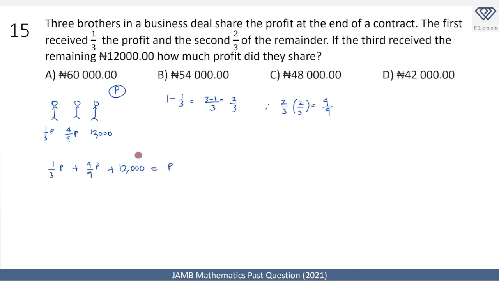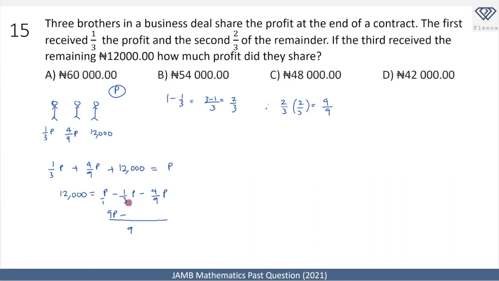So now we can collect like terms by bringing all of this to the other side. So we have 12,000 will be equal to p minus 1/3p, then minus 4/9p. Now this is like having p over 1. We can write out the LCM of this. The LCM of 1, 3 and 9 is 9. So 9 divided by 1 is 9 times p. We have 9p